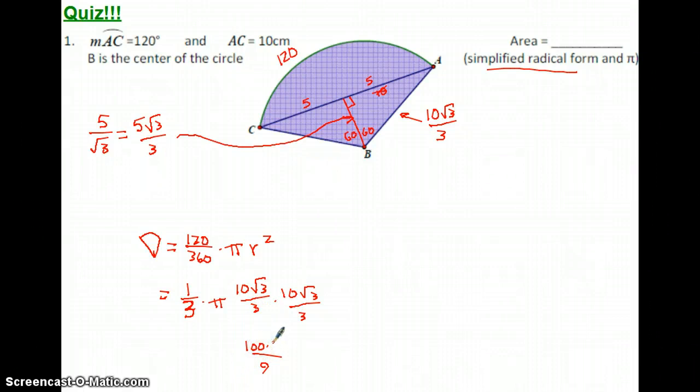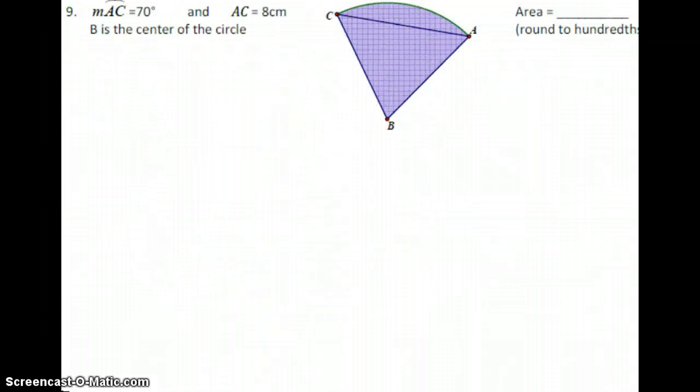Square root of 3 times square root of 3 is 3. And I have a pi here, and I have a 1/3 here. Well, the 1/3 and the 3 are going to cancel each other out. What I'm left with is 100 pi over 9. There you go. Alright, on the other form, it was pretty much the same, except